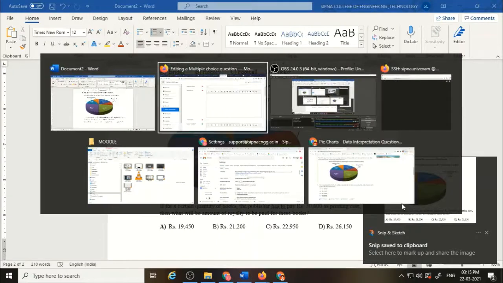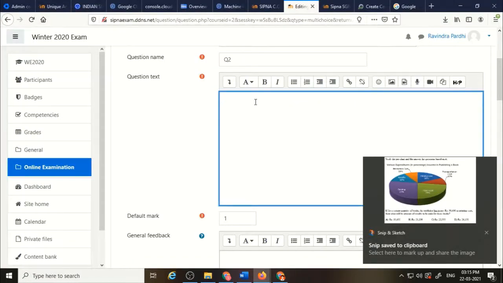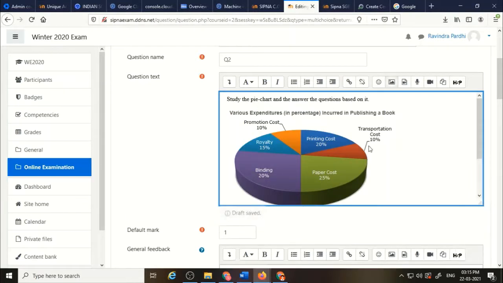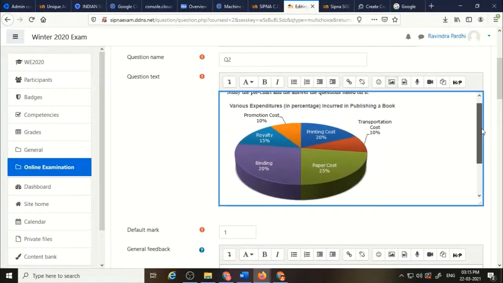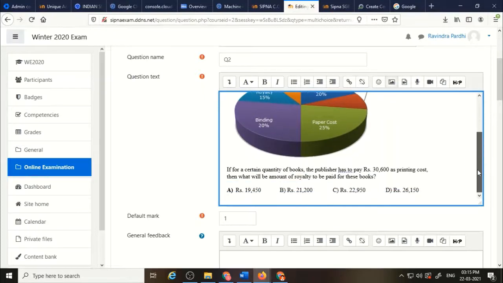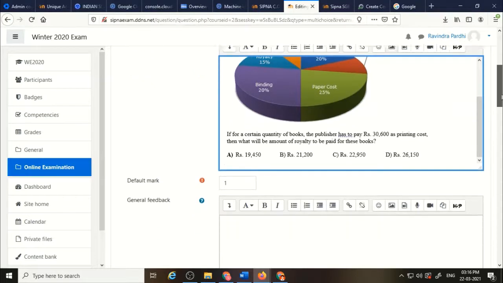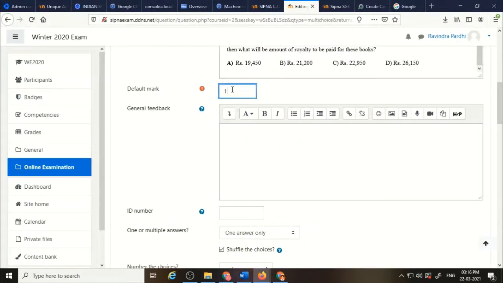Now go back to the question panel. In question text, simply press Ctrl V like this. So the entire question gets copied into the question text. Now again, as we have given the options just below the question in the image itself, we don't have to copy these options into the option boxes again. Okay. And the naming is given as A, capital C and capital B. So we simply have to mention these options in the option boxes.